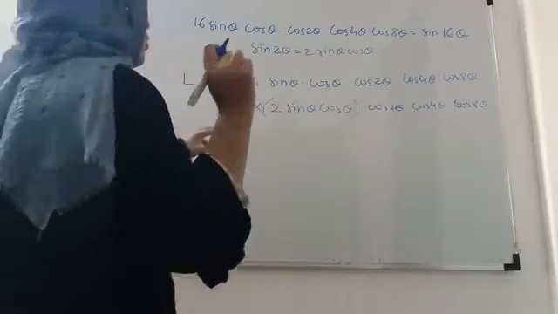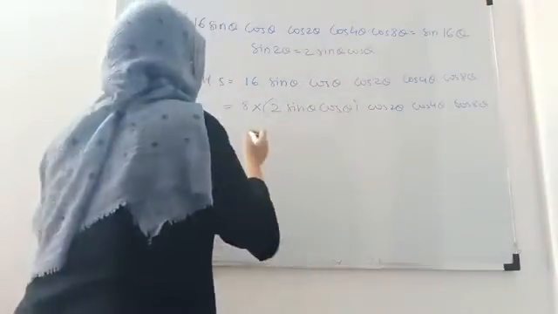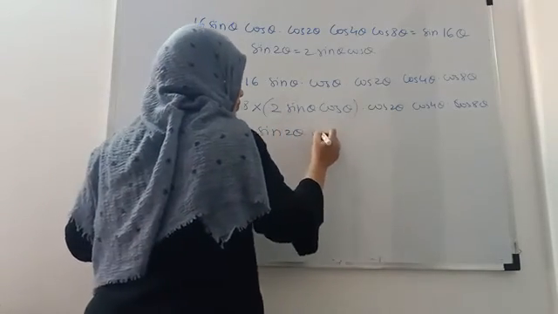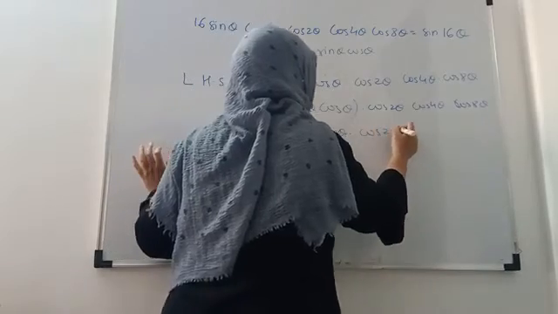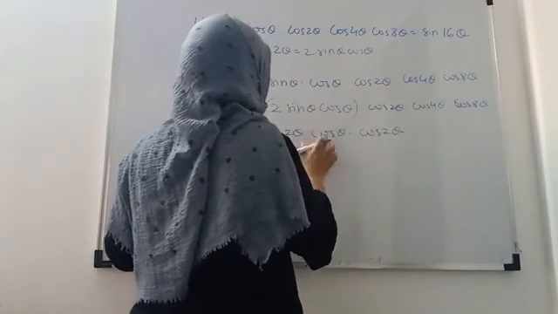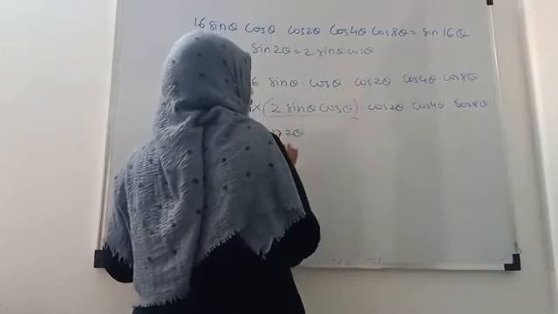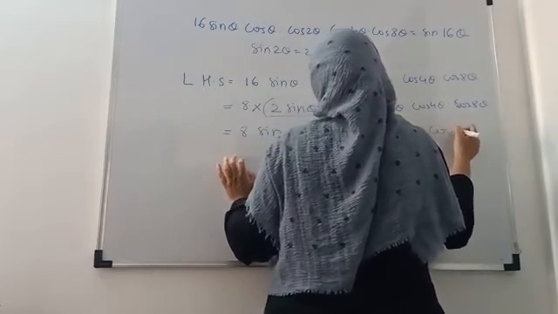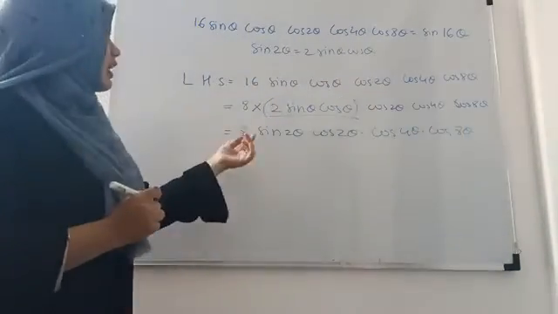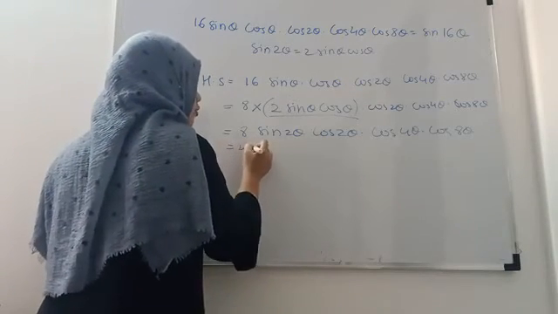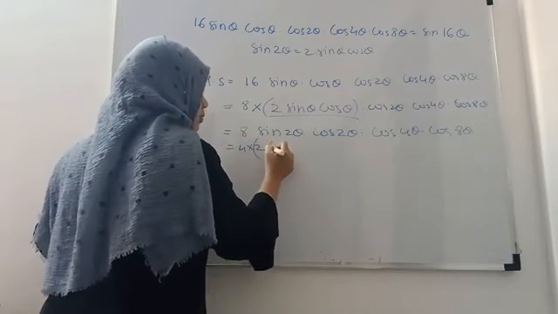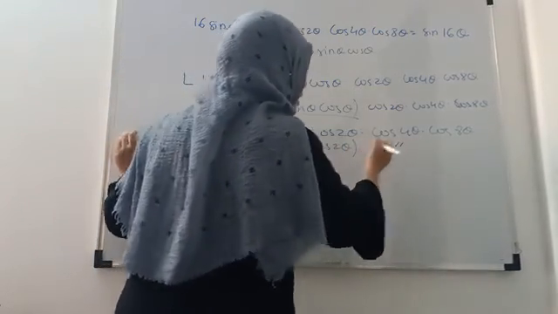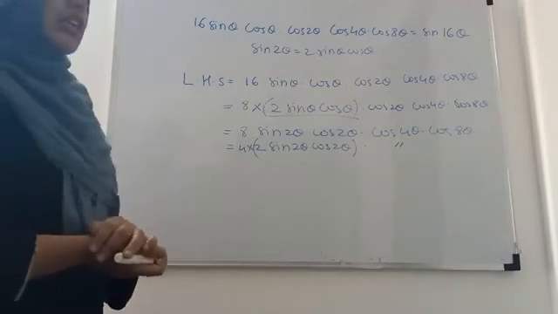Okay, now what is the formula of 2 sin theta cos theta? It is sin 2 theta. So 8 times sin 2 theta. Okay, into cos theta cos 2 theta sin 2 theta. This is sin 2 theta, then cos 2 theta, then cos 4 theta and cos 8 theta. Again I'll do the same. 8 can be written as 4 into 2, and now take that 2 inside the bracket, 2 sin 2 theta cos theta, and the remaining term as it is, cos 4 theta and cos 8 theta as it is.